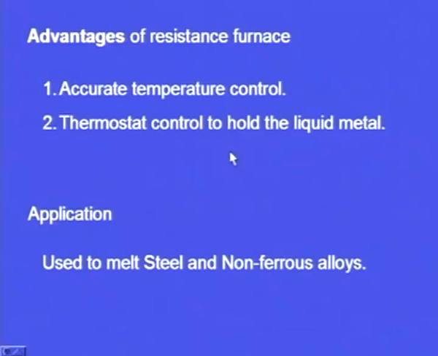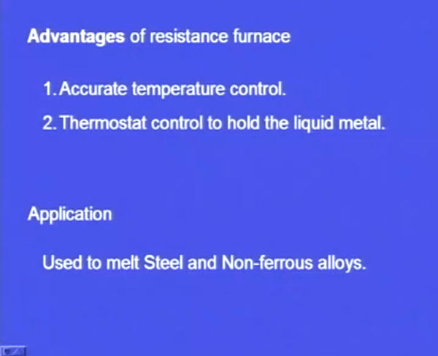Advantages of resistance furnace: accurate temperature control is possible. Yes, we can get the accurate temperature, and at times it becomes necessary to hold the molten metal at certain temperature for some time, during which we add some alloys. For that purpose, we have to hold the molten metal at certain temperature for certain time, and